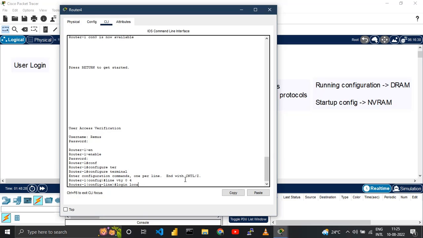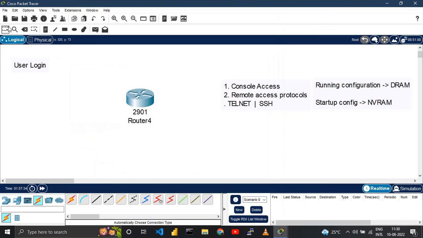All right. You can also use password or secret here. That will also do the work, but we have to use the local logins now. So for that, login local. All right, we are set. Now we have set up our VTY lines. So now to take the Telnet access of that, to remotely access this router,